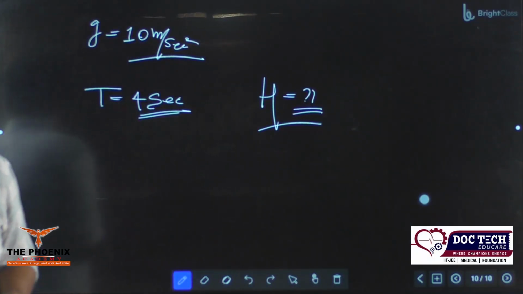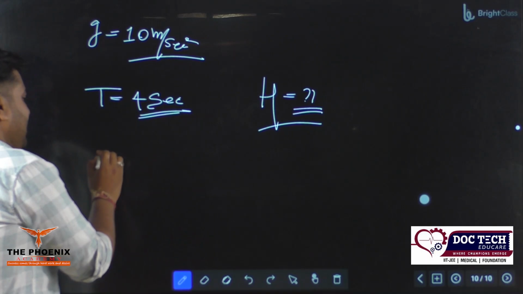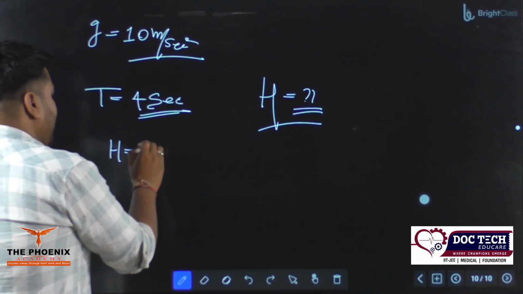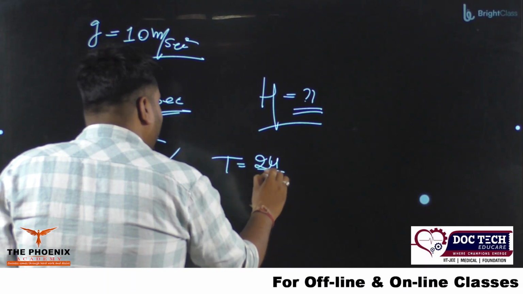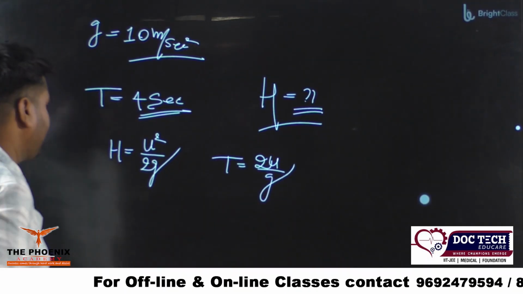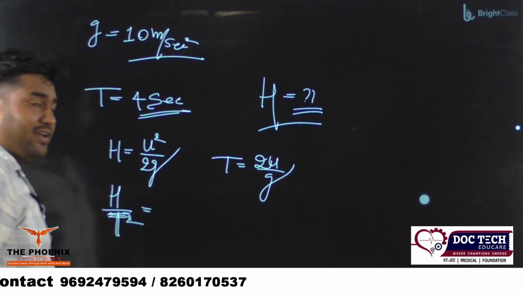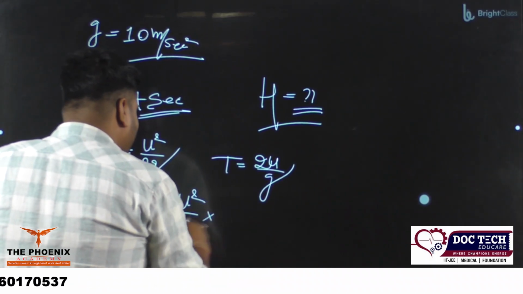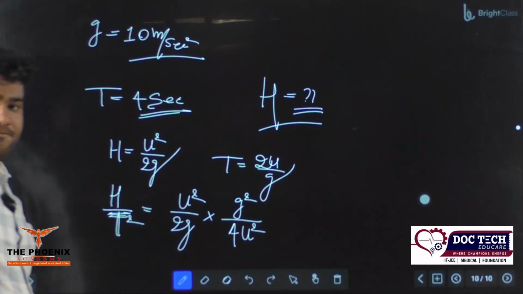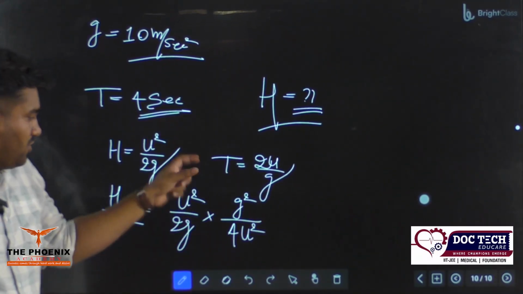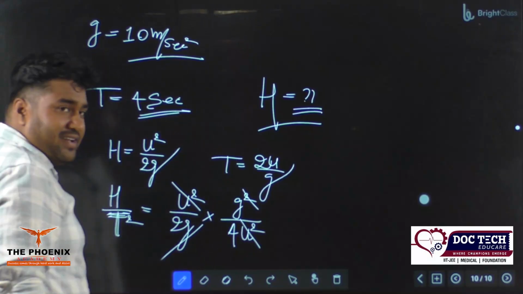और उसका एज का वैल्यू क्या होगा, सब डिराइव कीजिए वीडियो पॉज करके। ओके, आई होप आप सब कर लिए होंगे, देखते हैं क्या होता है। अच्छा, हमारे पास h का एक्सप्रेशन था u स्क्वायर बाय 2g, t का एक्सप्रेशन था 2u बाय g। तो अगर हम h से t स्क्वायर डिवाइड करेंगे तो क्या रहेगा, देखते हैं। h है u स्क्वायर बाय 2g, t स्क्वायर 4u स्क्वायर बाय g स्क्वायर बन जाएगा, इजंट इट। उसका स्क्वायर होकर उल्टा हो गया, इधर आ गया, डिवाइड कर रहे थे ना, तो u स्क्वायर विल बी कैंसल्ड आउट, g एक g से कट जाएगा, फिर क्या रहेगा एक्सप्रेशन,